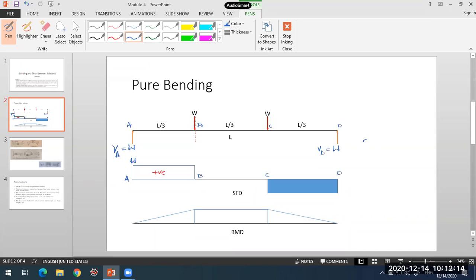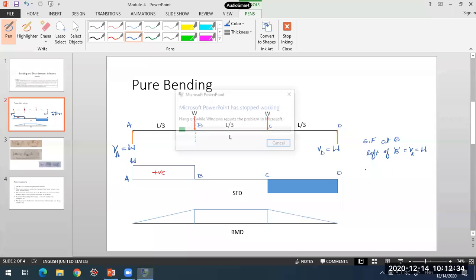If you calculate the shear force at B, to the left of B, it is just VA, which is equal to W. To the right of B,